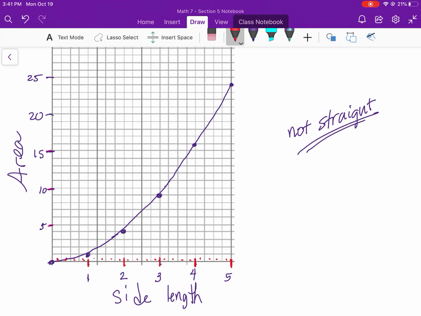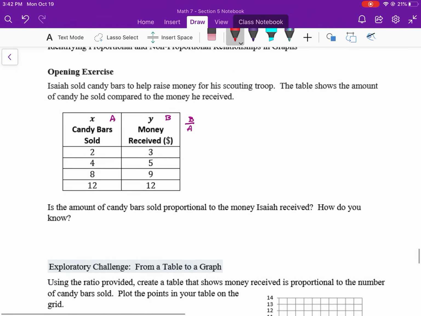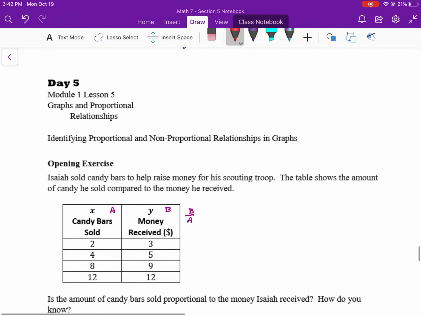And vertical, I counted by ones. I just didn't mark every one because it got too crowded. So this was 1, 2, 3, 4, 5, 6, 7, 8, 9, 10, and so on and so forth. Okay, but the big deal, not straight. It does go through, and when I write through, I often do it this way just because it's faster. It goes through the origin, but it's not straight. So it's not proportional. All right, so I look at day 5, and this is about graphs and proportional relationships